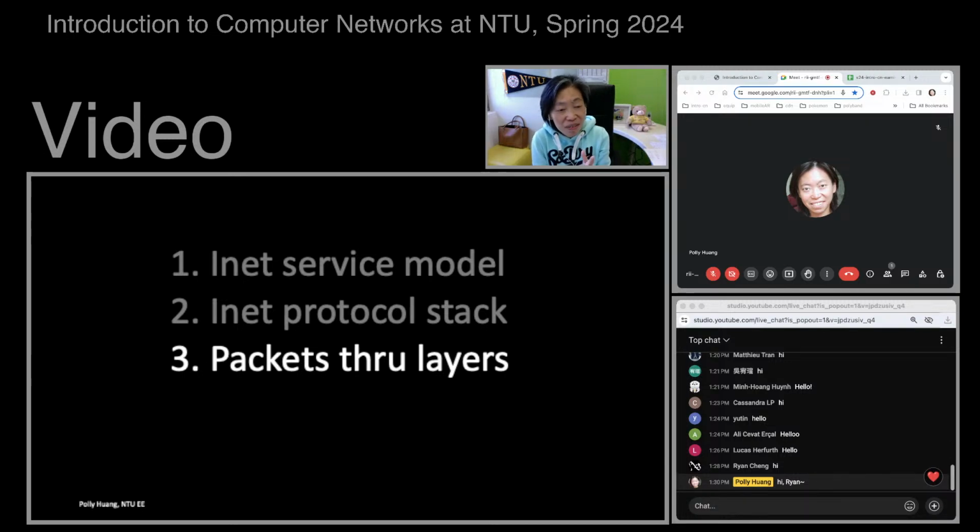So the video is a little bit long, but if you watch it through, you will get a much better idea how data are flowing through the internet.